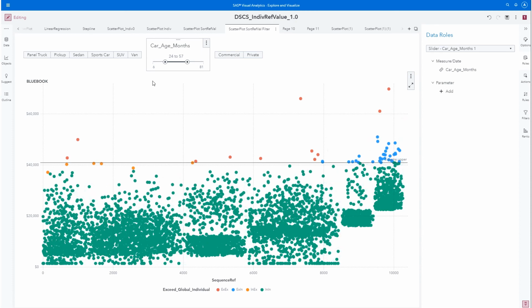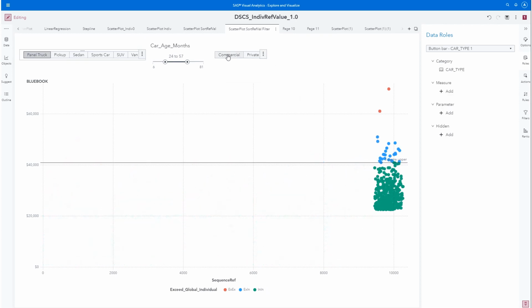So we get this selected. We would like to only take a look on panel trucks and panel trucks that are used commercially. So we see here now that we can use this tool also to subgroup and study certain groups in a more individual way. This can be used also to create control lists, for example, where we say we would like